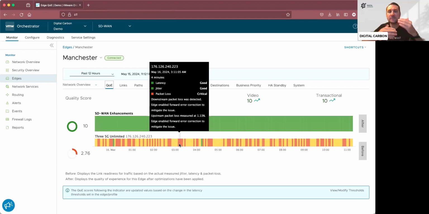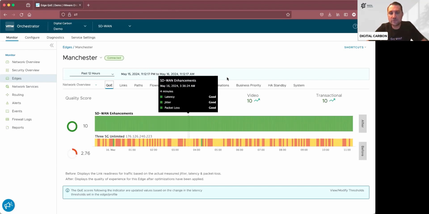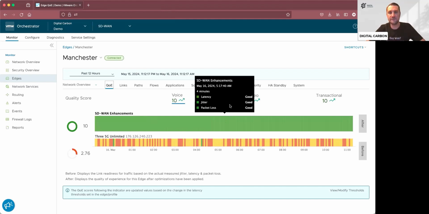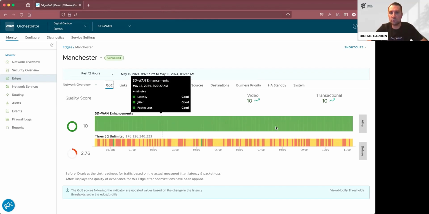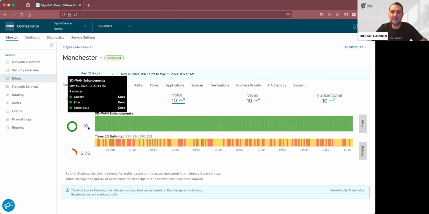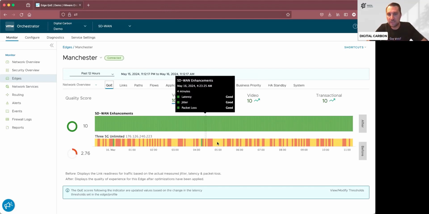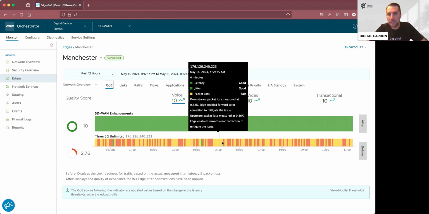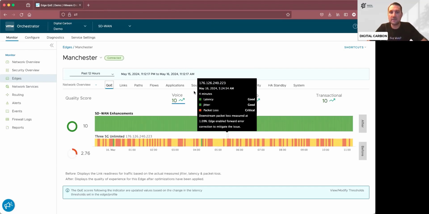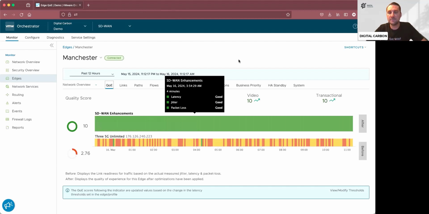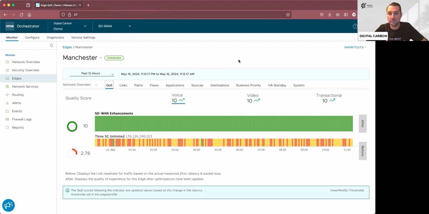And after all of these optimization techniques, the quality dramatically improves. And this is what you can see here. It's all green. And the score is 10 out of 10, meaning that the DMPO, the optimization techniques which were deployed, even with all of these red and yellow problems, for example, packet loss or jitter problems, the DMPO overcame these problems. And for the end user, in this particular case for voice,